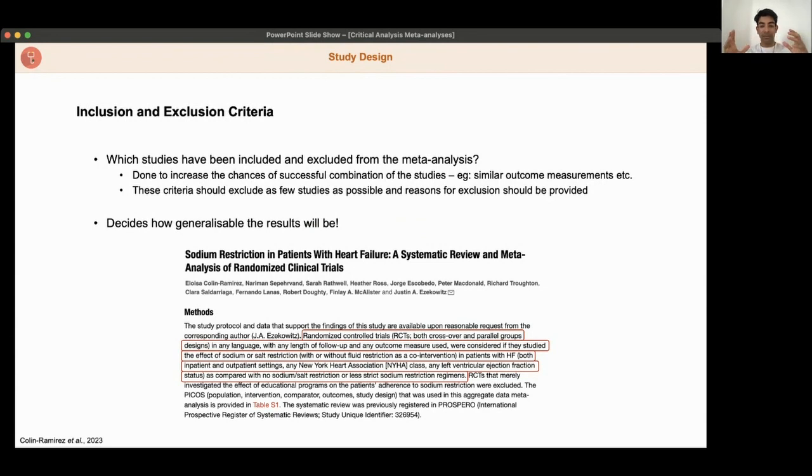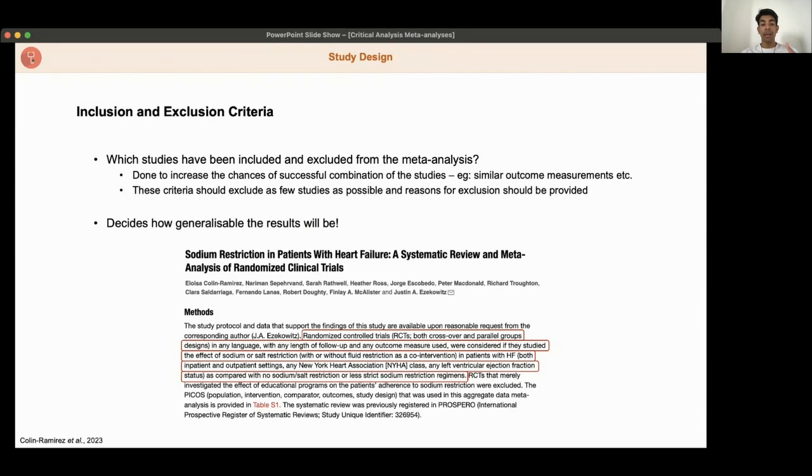So what that tells me is they've really included a whole range of people in this meta-analysis. They've not focused on a specific severity of heart failure. They've not focused on a specific range of ejection fractions. So this study is going to bring together a lot of randomized control trials, different types with different ejection fractions, different classes, inpatient and outpatient, and combine that into one lovely little result so that sodium restriction can be used more widely as a lifestyle alteration for heart failure.